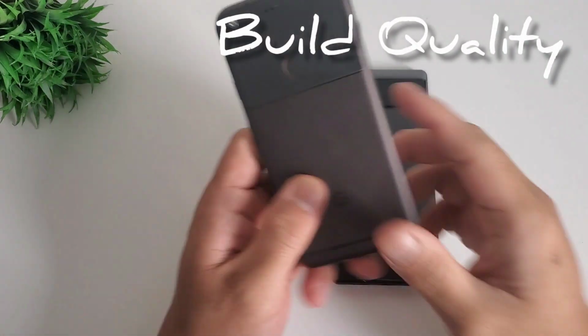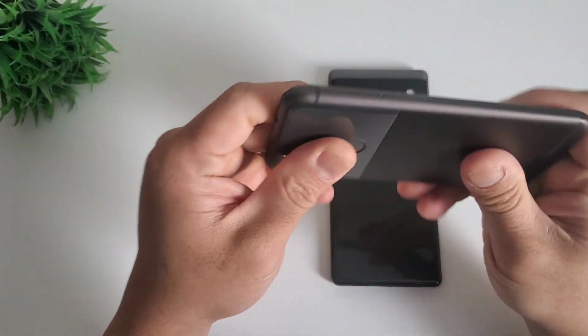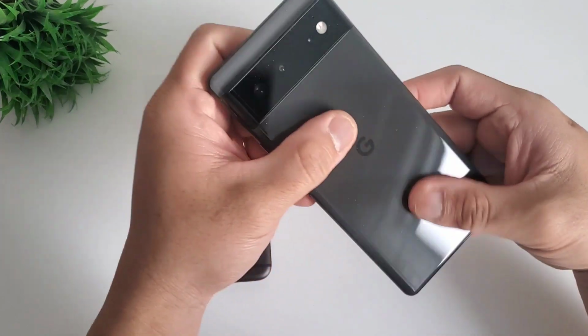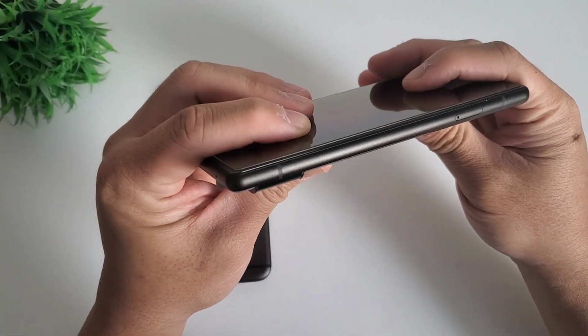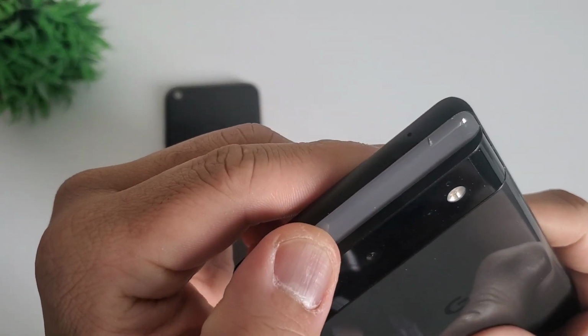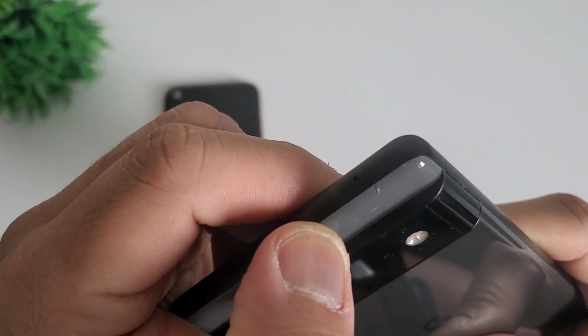Let's start with the build quality. The original gangster Pixel 1 is using Gorilla Glass 4 and an aluminum frame, while Pixel 6 has the newer Gorilla Glass Victus in front, 6 at the back, and also an aluminum frame. The only caveat of Pixel 6 is the plastic top cover that will scratch easily if you don't put a